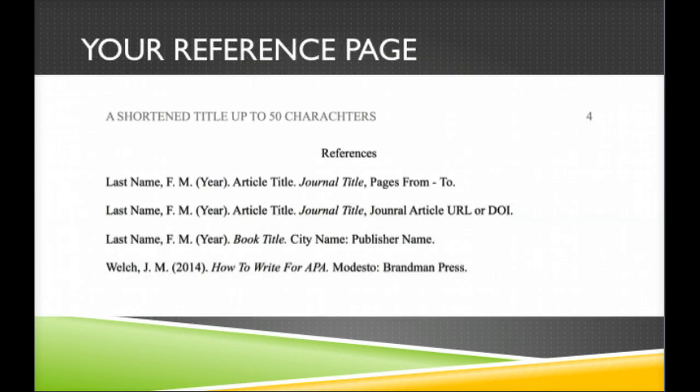For our next example here, we have the reference page, which is a very important feature of the APA. I have several different examples here for you to look at. On the top, we have a journal. In this first example, this is a written journal that you would find on a shelf in a library. Our second example is much more common, and you're much more likely to encounter it. This is an electronic journal article. In fact, most likely most of your references will look like the second example.